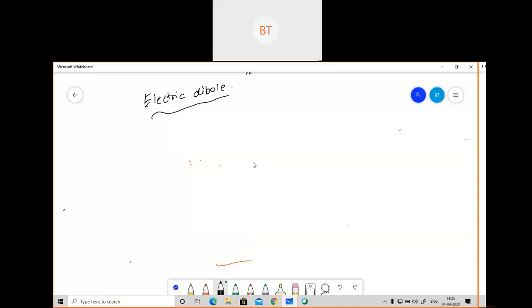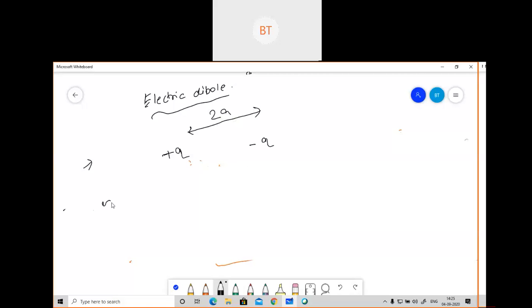Actually, if you are not aware, I'll tell you. If you wanted to define what is electric dipole, you may have heard many kinds of terms in your department, in your subject also. If you read about antennas, you will see a dipole antenna. Basically, an electric dipole is a pair of charges with some magnitude and opposite polarity. If I assume this is plus q, this is minus q, and they are separated by a distance 2a, then an electric dipole will always occur in a pair.